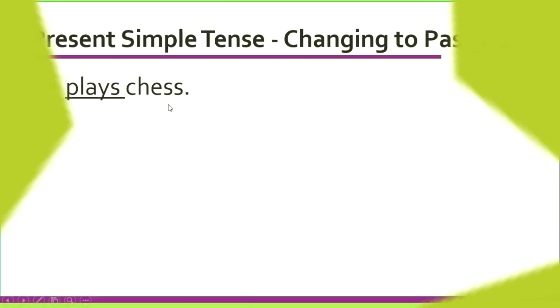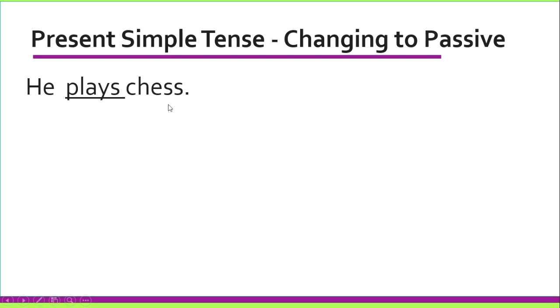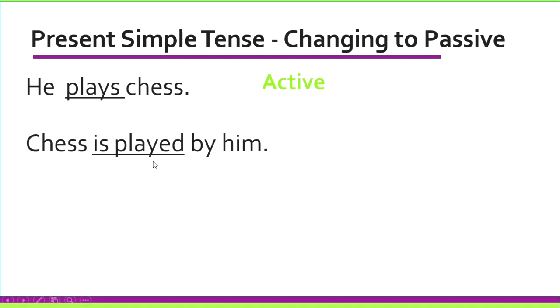He plays chess. As you can see, this is a sentence in present simple tense, and this is an active voice as the subject is doing the action of playing. Let's change it to passive. Chess is played by him. What did we do to make it passive? The object becomes the subject, and as you can see, the subject is now the agent who is doing the